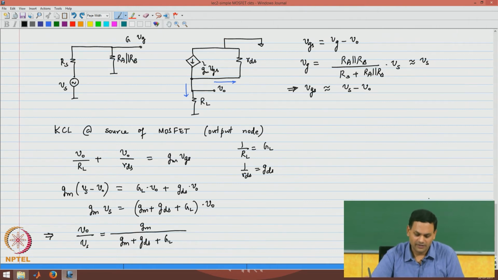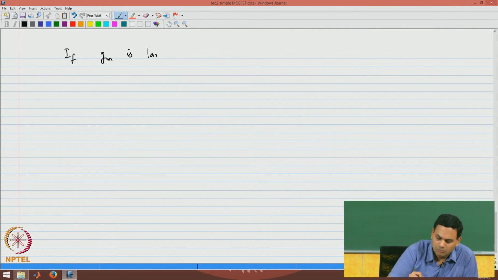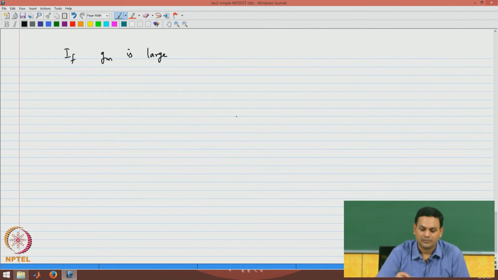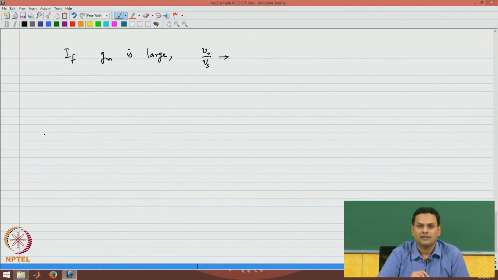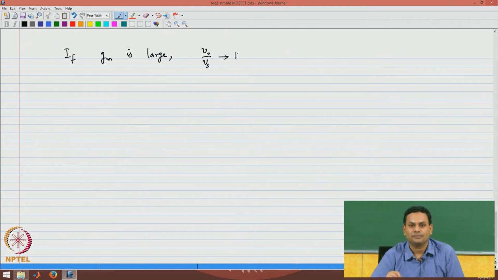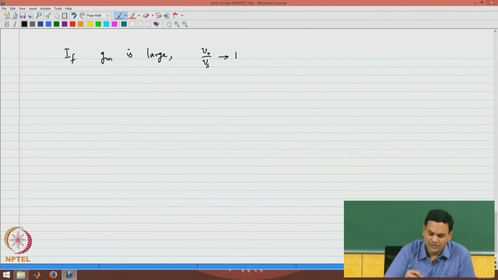What else can we understand from this? If GM were large, then the gain of this amplifier tends to 1. So, let us see what we mean when we say GM is very large. To do that, we will make one approximation. We will say that